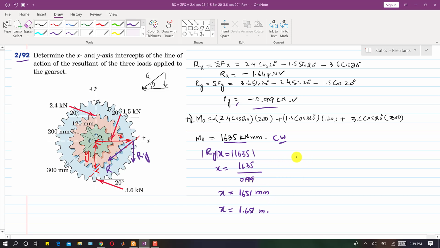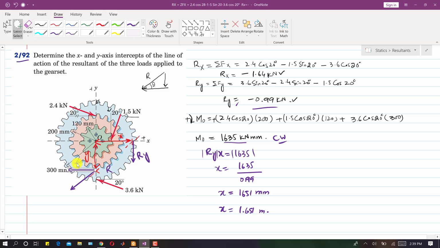And similarly, if we want to find the y-intercept, we will move this force to this point, right? So let me move this force along the line of action to the y-intercept, and we will resolve this force into its components, right? Now here only the horizontal component will be producing the moment about O, right? So if I draw it here, that is the horizontal component, and the line of action of the vertical component will be passing through point O, right? So that will not produce any moment.